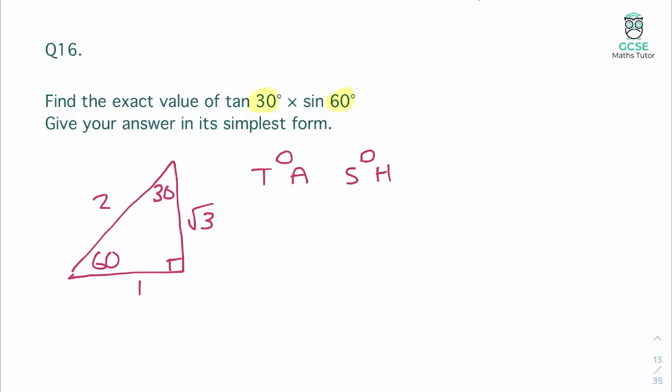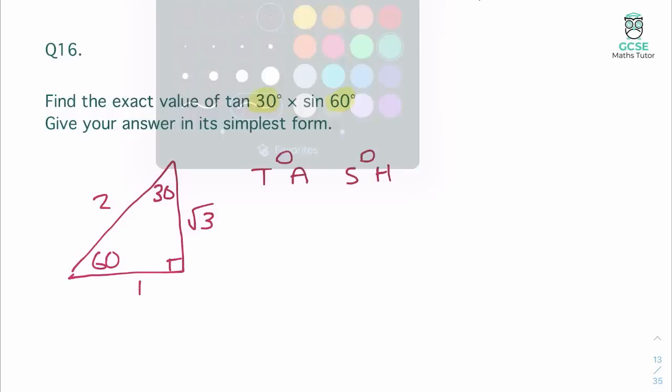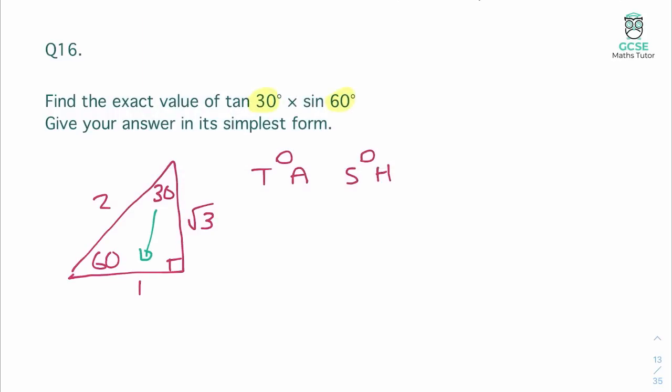So for tan 30, it's opposite over adjacent. So for the 30, let's draw on this. Opposite is 1, the adjacent is root 3. So for tan 30, that is 1 over root 3. You can label that as well if you want, just so you don't forget that that's the tan 30 you've